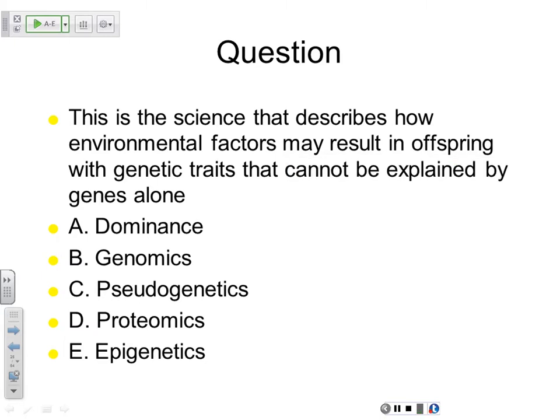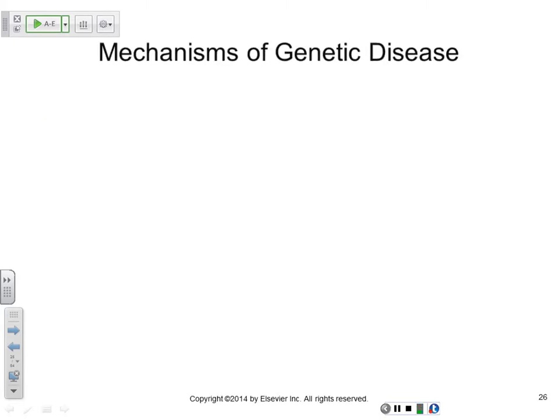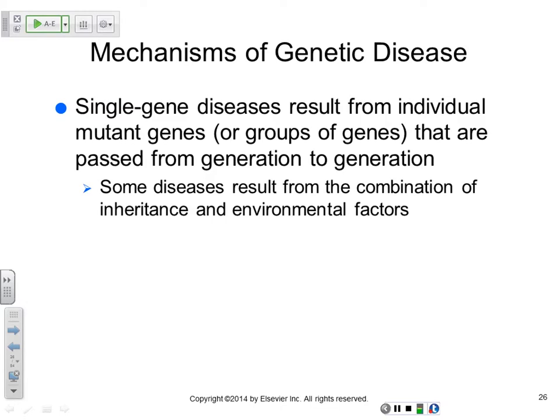All right, so I only have this one slide to go, and then we go for a break. After the break, we'll be talking about these single gene diseases. It's a single gene mutation for a particular protein, whether it be hexosaminase or whatever the protein is. It occurs in one gene or a group of genes, and then it can be inherited. It can be passed on to other generations.